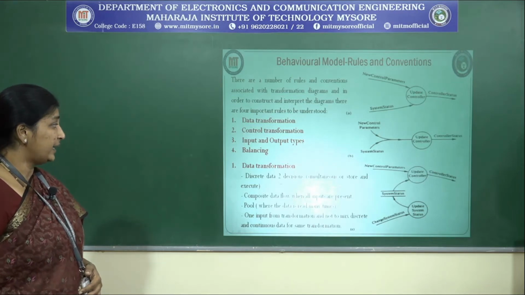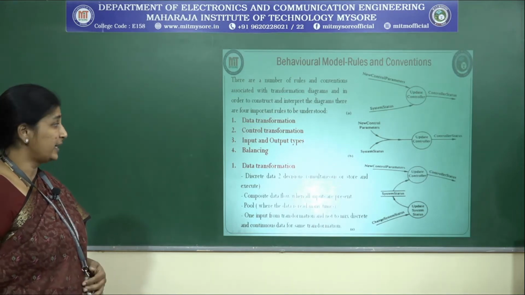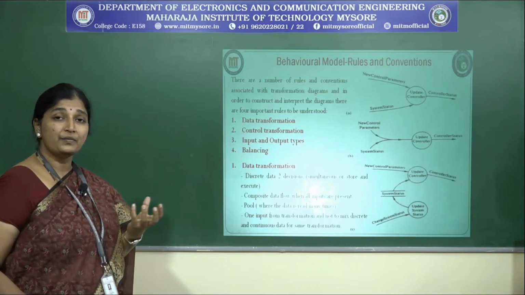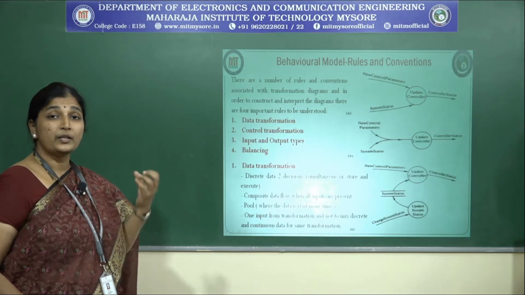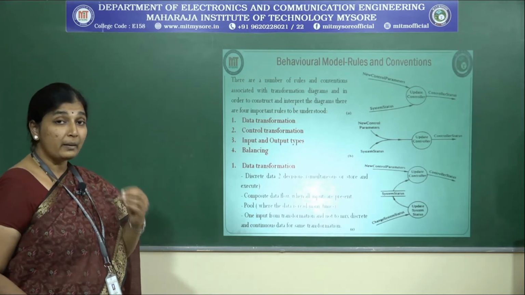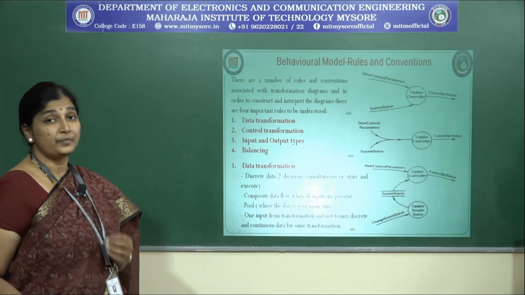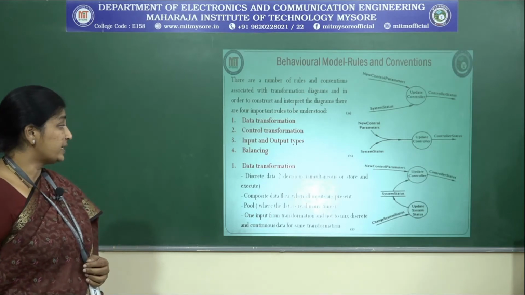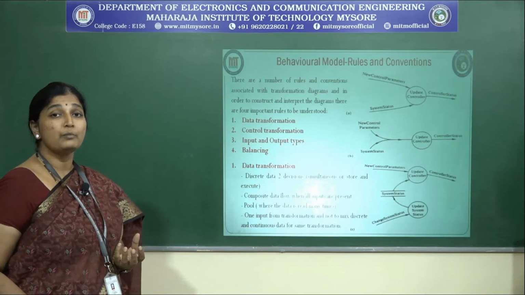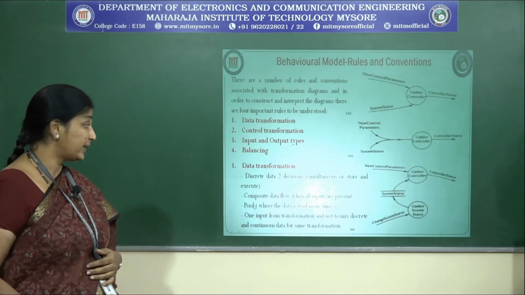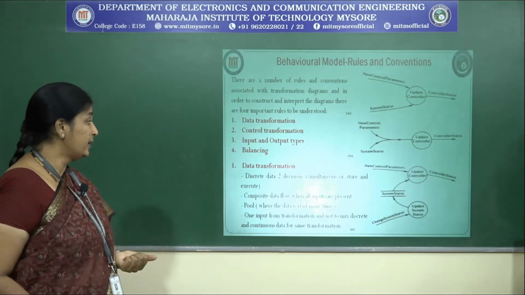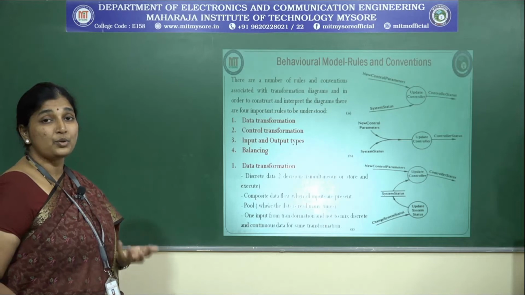Discrete data to decisions, or I can simply say that if you have two simultaneous pieces of information, as I have told you, there is a decision which has to be taken, whether you have to wait for two signals to pass through, be combined, and have one single output. That is one. Then the composite data flow when all inputs are present. There can be n number of such input flows when the data are present. There can be complex data flow. Then the pool, where you can always go ahead and read the data as many times as you want.